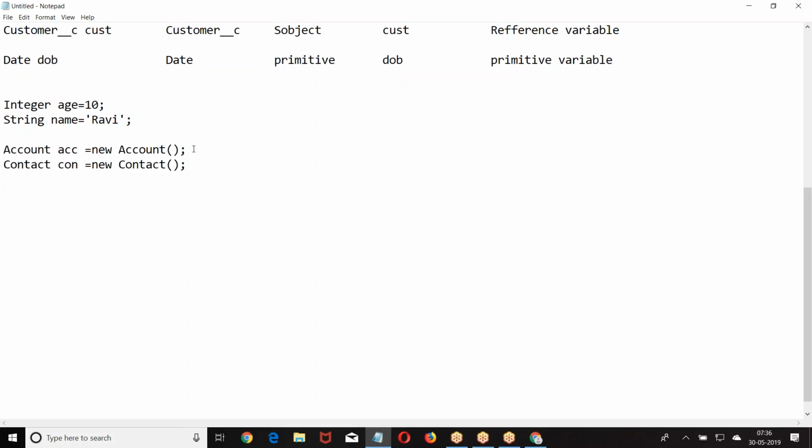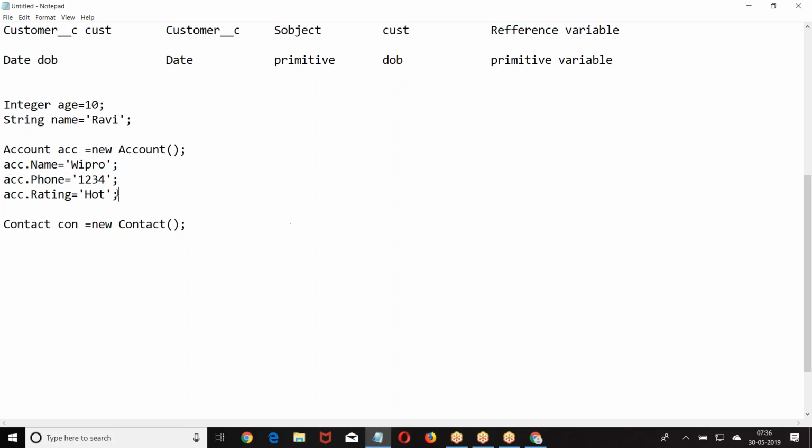Then we are going to take the data. How are you going to take? ACC dot name is available. Was that clear for everyone? Has everyone followed this?